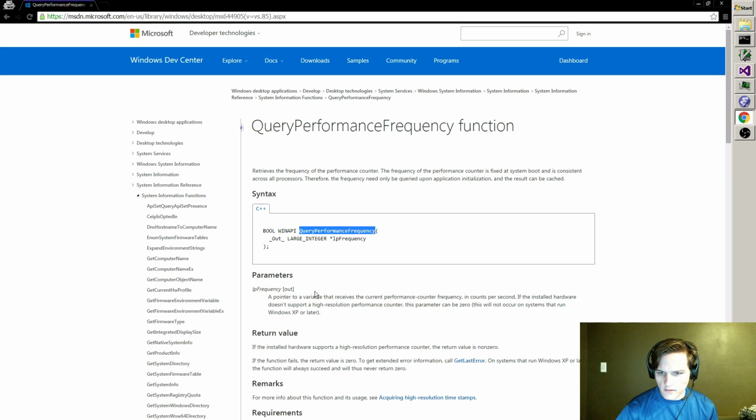What exactly do you output if the installed hardware supports it? The return value is non-zero. Point to a variable that receives the current performance frequency in counts per second. Okay.